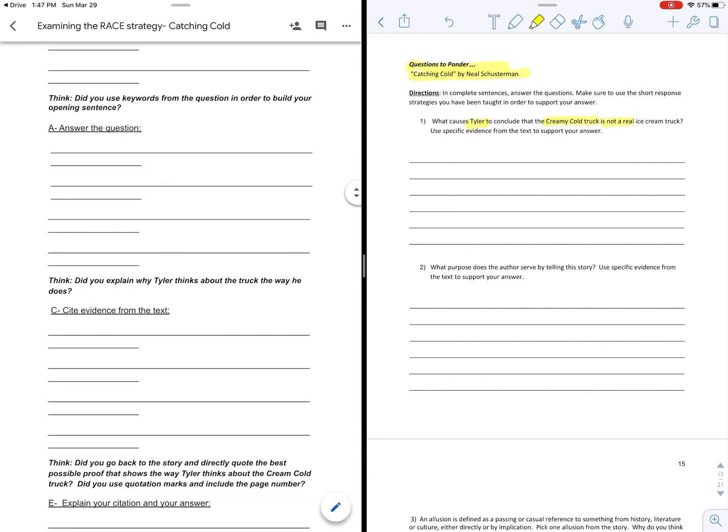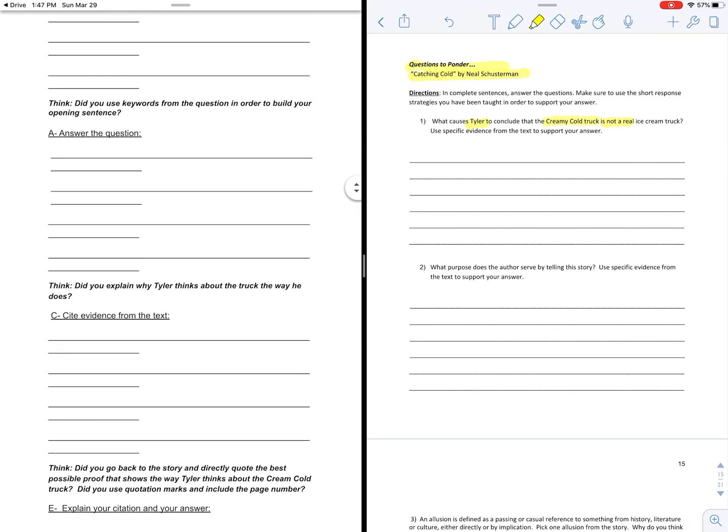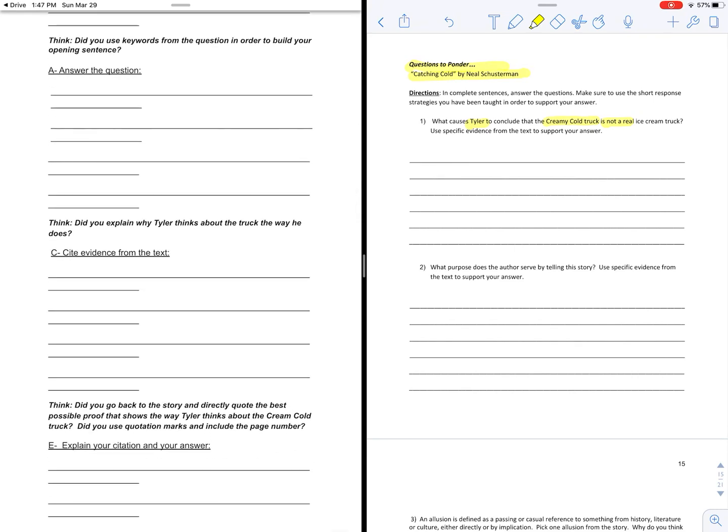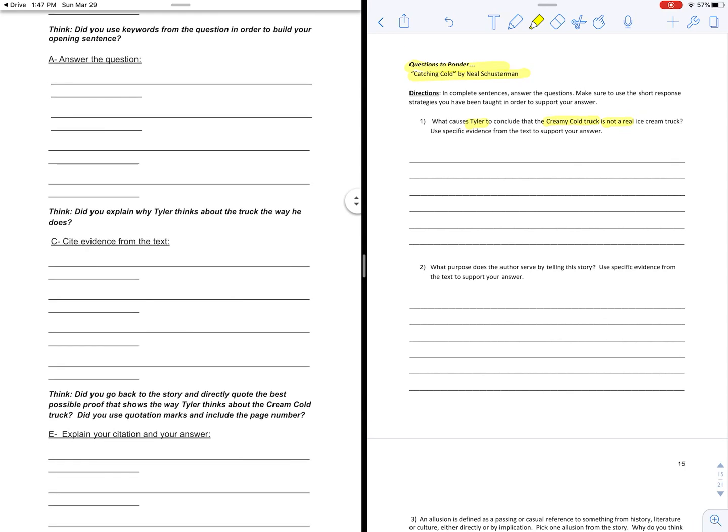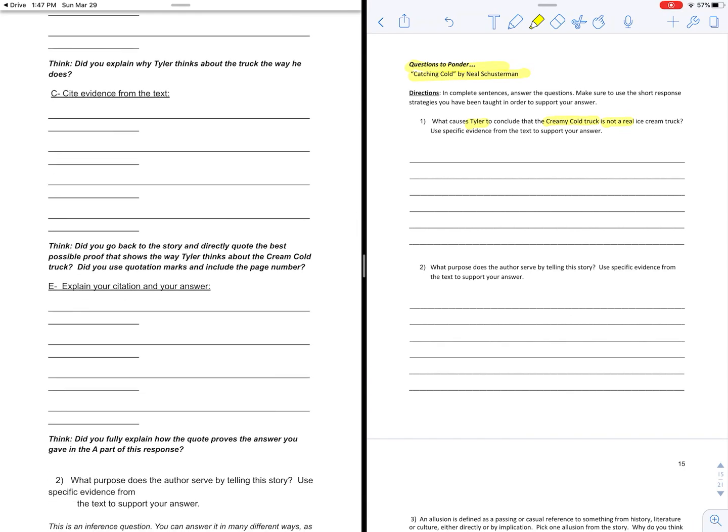And so if you do this correctly, and you can use this race strategy sheet that's in Google Classroom to do it, then you should be able to take those 4 answer sections and just write them over on this section. So, Tyler concludes, and then you can continue from there, right? So if done correctly, a race strategy has at least 4 sentences. Can it have more? Sure, it can have more. Does it need to have more? That's up to you to decide. You're the author. But you've got to make sure you've answered the question, you've explained yourself fully, and you have cited evidence. That's going to be key.